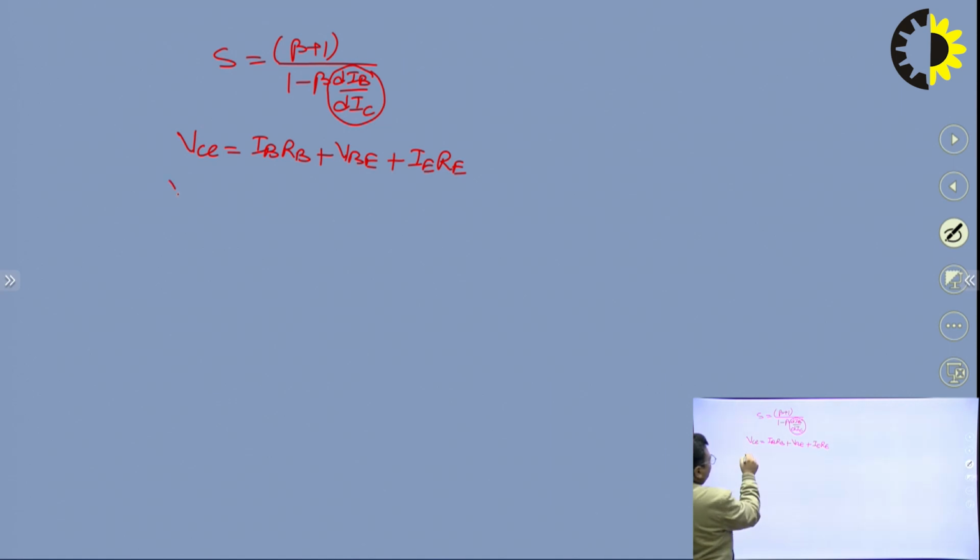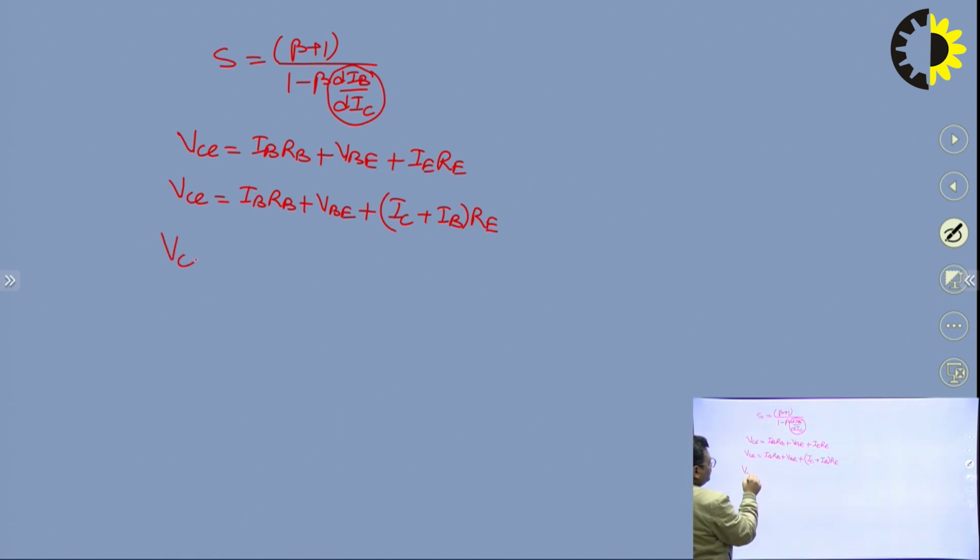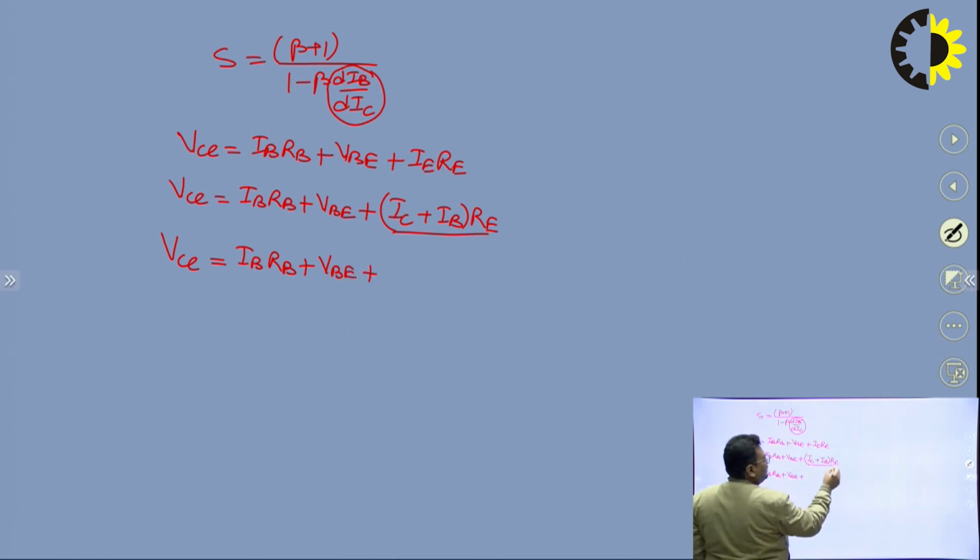So we will write VCC is equal to IB RB plus VBE plus this IE can be written as (IC plus IB) into RE, right. Now this VCC is equal to IB RB plus VBE plus this term can be written as IC into RE plus IB into RE,